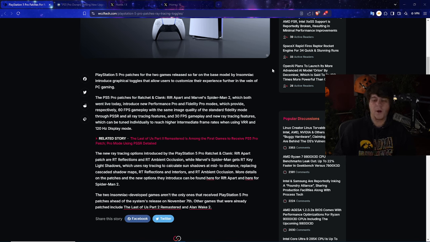But what I want to highlight is the main point that I was talking about: certain ray tracing elements can make individual games better depending on what they focus on and fine tune. There's also nothing stopping them from doing everything as well. For this one too, they're saying that 30 FPS gameplay and new ray tracing features, and the new ray tracing features are the top of this video, can be turned on individually